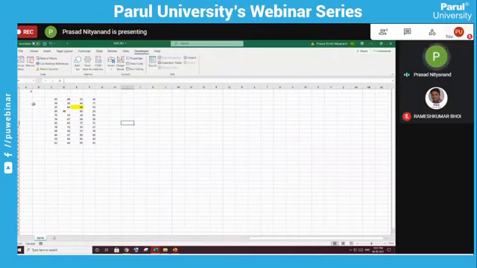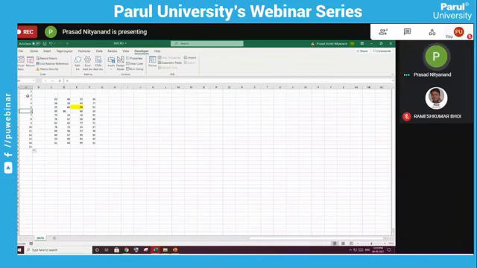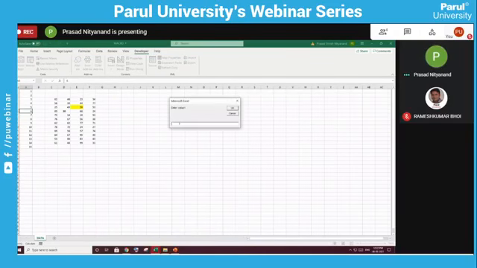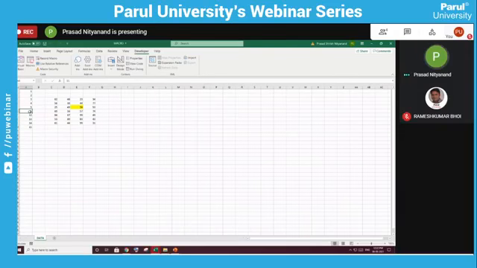So suppose I have to delete from 6 up to 10. So this many rows I have to delete using macro. I will go to test2. I will run. Enter one value is 6. Enter two value it is 10. You can see it has deleted from 6 to 10. It will delete all the rows from 6 to 10. So this is how you run a macro using subroutine.